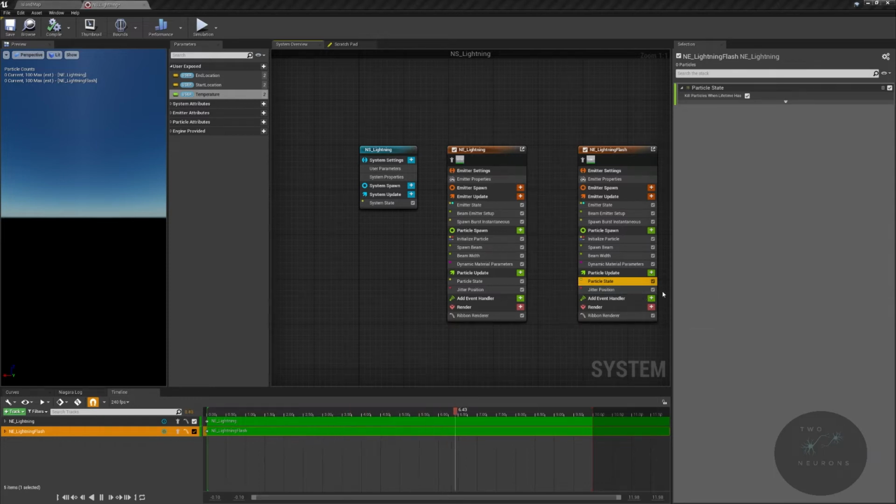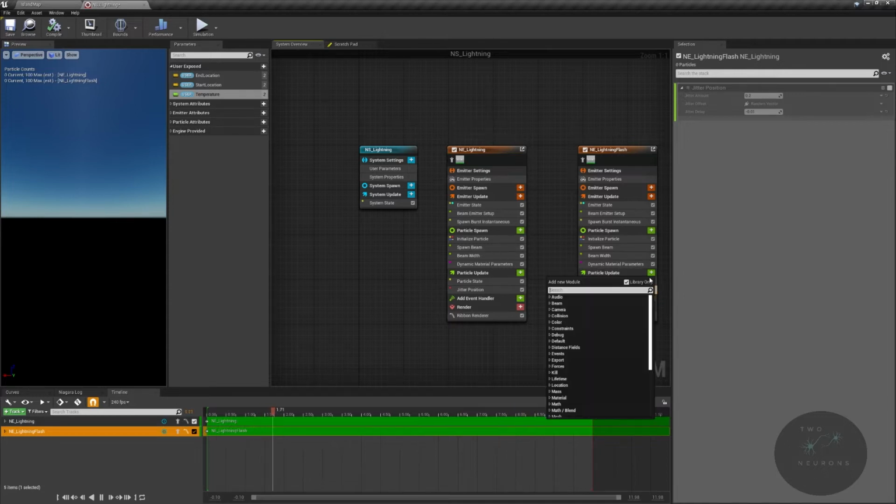We are going to get rid of our jitter position, so just unmark the checkbox there and gray it out. Well, we're going to test this, but I feel like I am actually missing something. Oh, no, we are missing something. We're going to add one new module to this, which is called